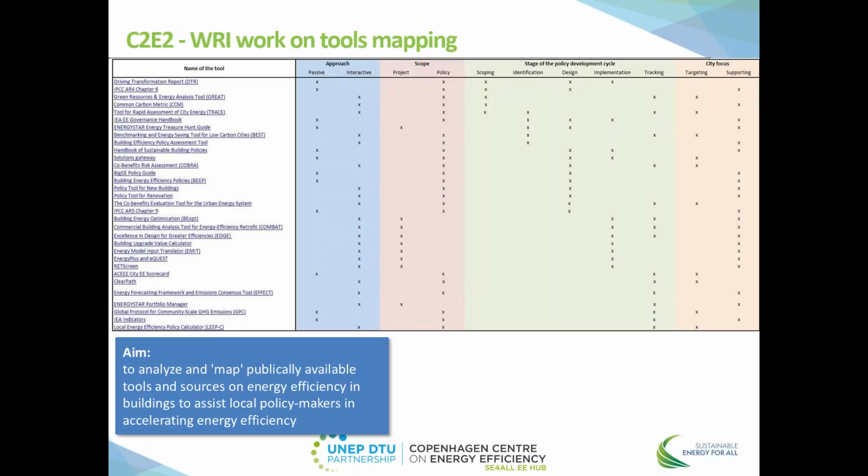These are the tools which we have collected or selected so far based on certain indicators. First of all, they should be publicly available, so these are free tools or mainly free tools. They should have some sort of a relevance to the city level, as Building Efficiency Accelerator is mainly focusing on city level, with certain link to the national government as well. The scope of these tools can be both targeting projects on energy efficiency in buildings as well as policy, and we try to categorize those tools based on the stage of policy development cycle, which I will talk about on the